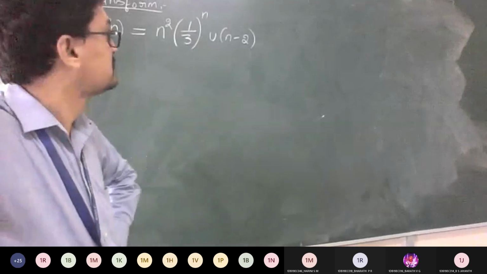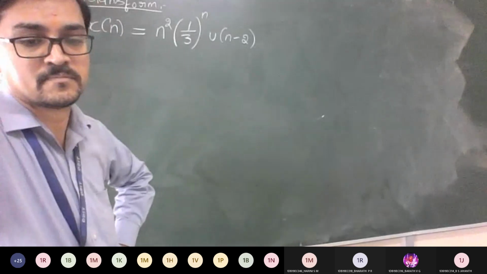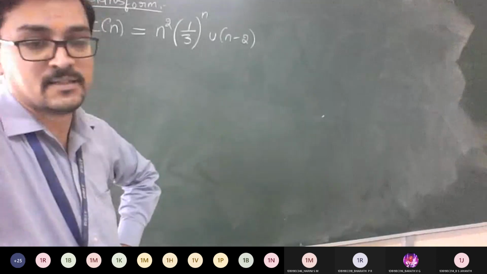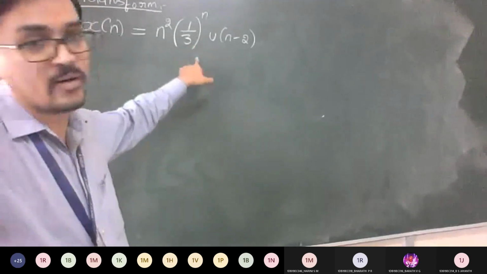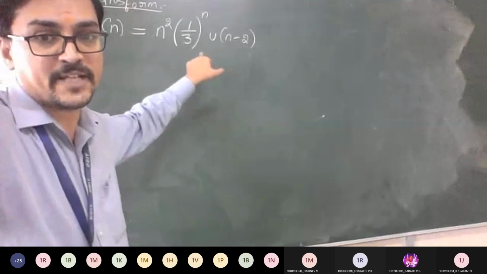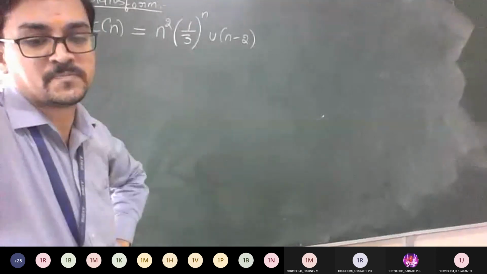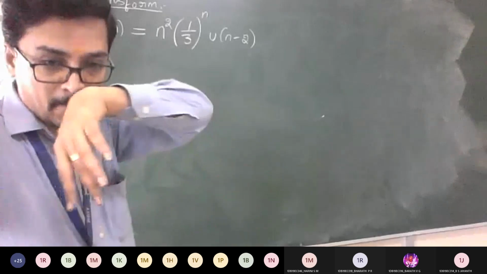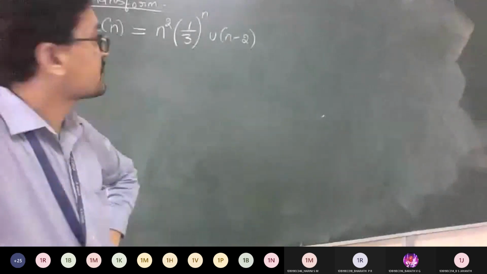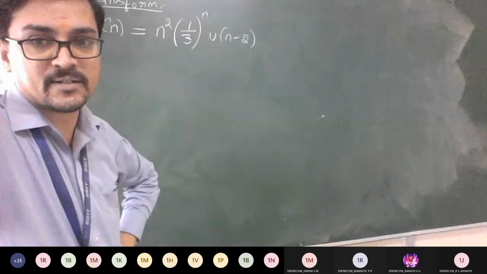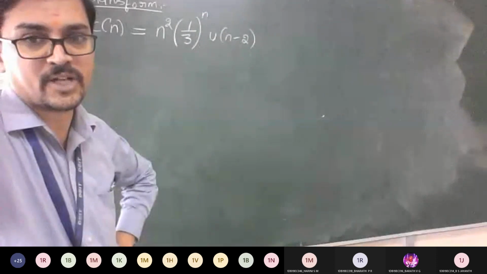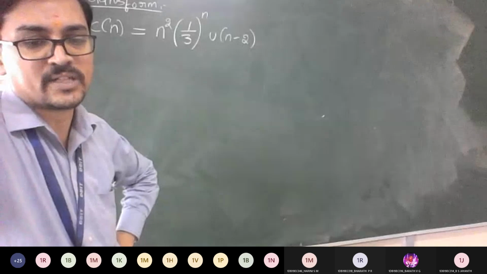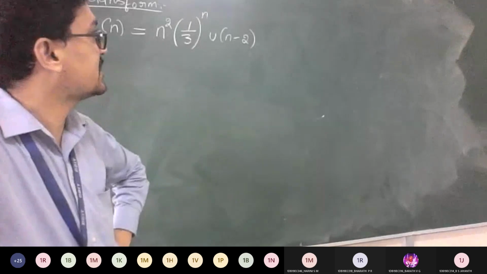What can be done? Directly you can't apply. See, we have a formula for a power n into u of n, but it is in the form of a power n into u of n minus 2. So first you need to calculate what is the a power n into u of n form. Then you can take that n square and solve, like how we did in the previous problem, n times of double differentiation. So what simplification can we make, guys?